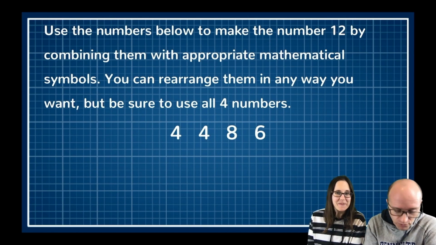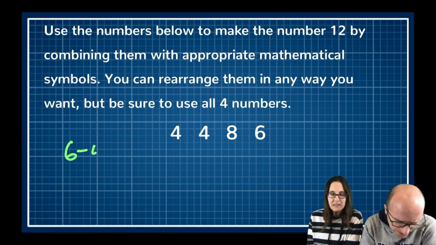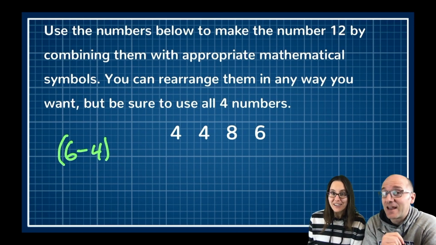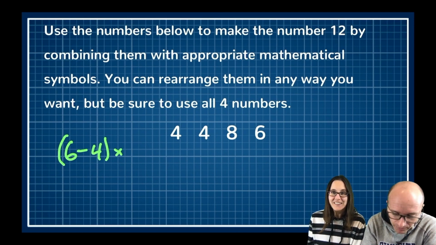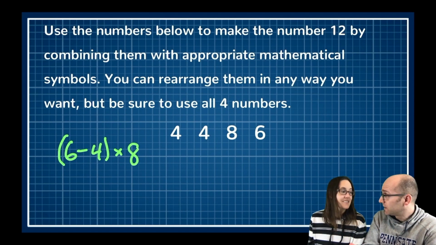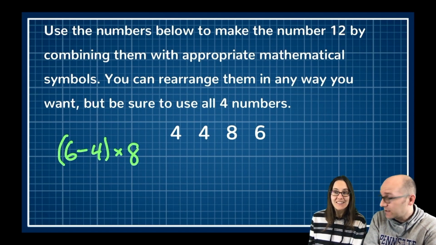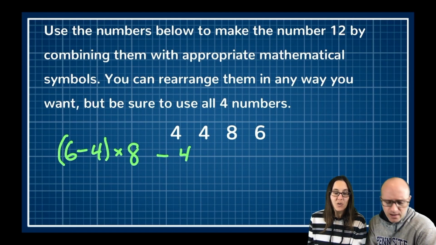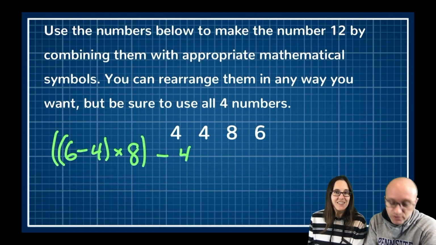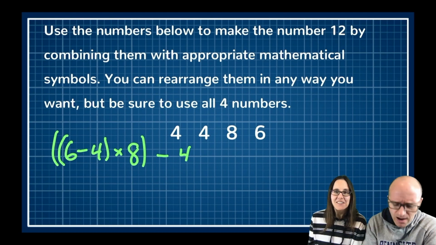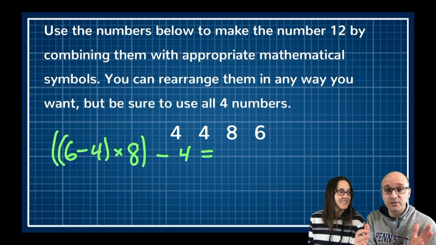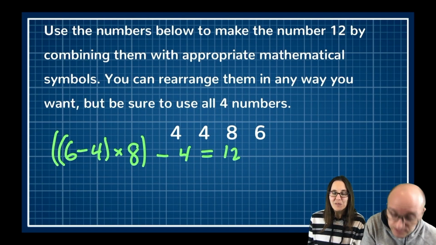So what we can do is 6 minus 4. Is that how we started? Yes. All right. So I'm grouping that in parentheses. Very nice. Now I'm going to multiply that number by 8, because that's what you did next. That's right. That gives us 16. And then from all of that we subtract 4. And if we wanted, we could even throw an extra set of parentheses on there just to make it obvious, although the order of operations says that we should do multiplication first. But that does work out to be 12.